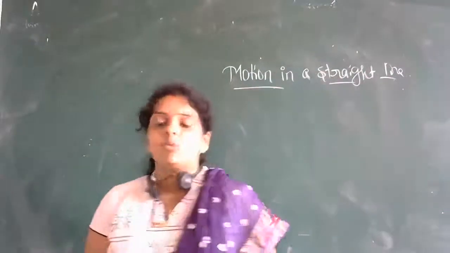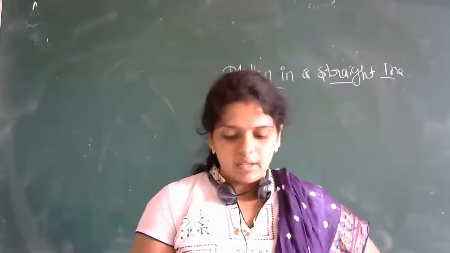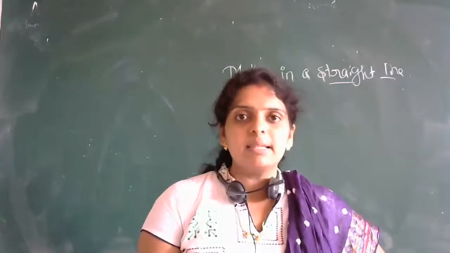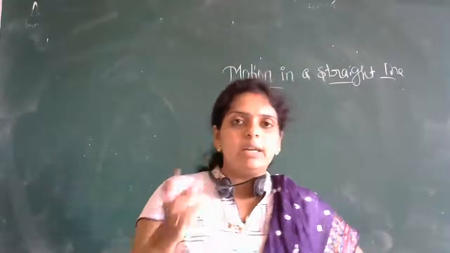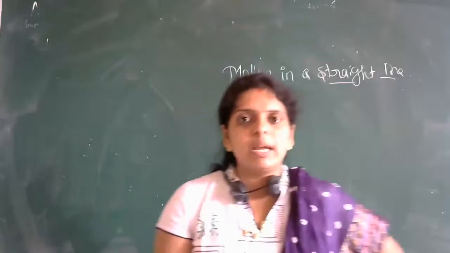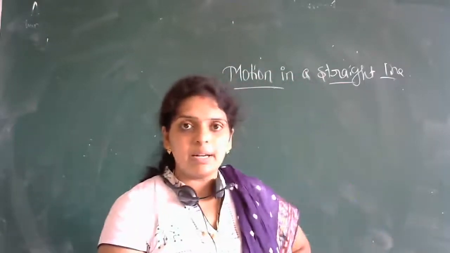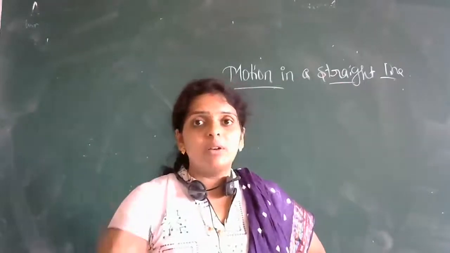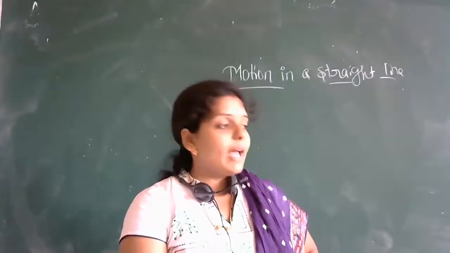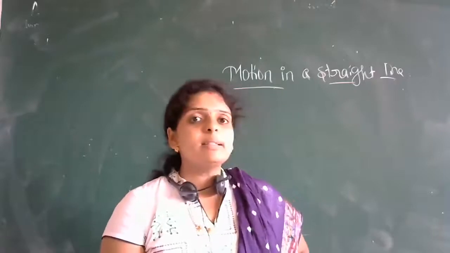Why motion occurs, how many types of motion you have. Then we have the terms to describe the motion, like distance, displacement, then velocity, speed, acceleration. So we are defining some terms in this chapter. Next we have the nature of the graph for different types of motion, and the main concept, that is, equation of motion. So what is this equation of motion?